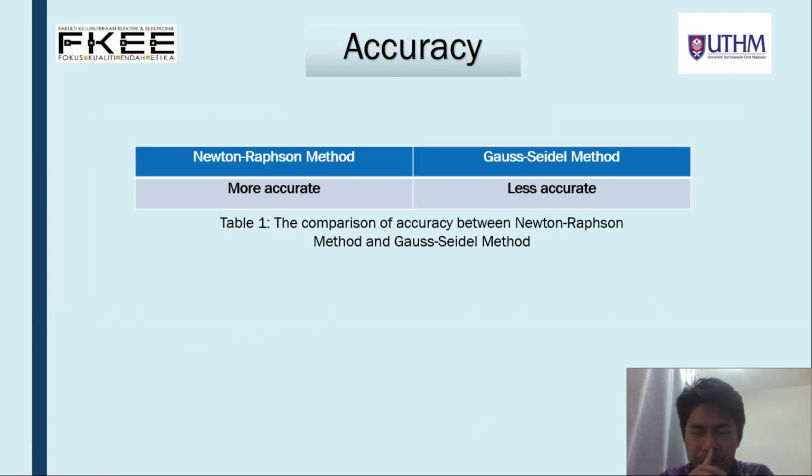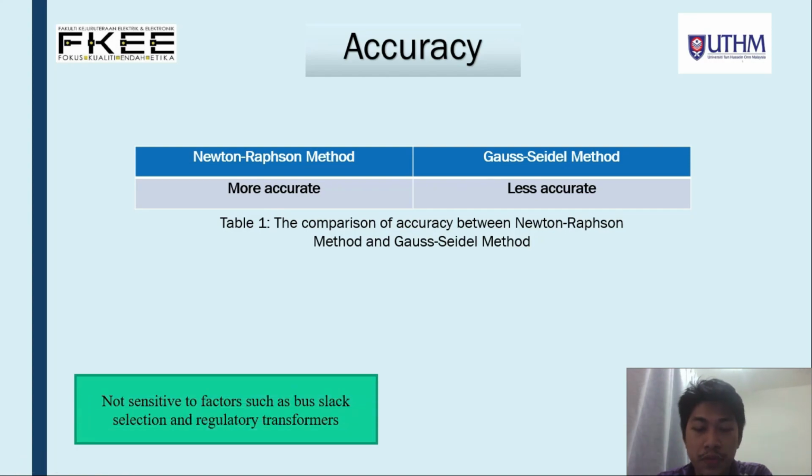Next, the accuracy. From the table, we can see that the Newton-Raphson method is more accurate than the Gauss-Seidel method, which is less accurate. This is because the Newton-Raphson method is not sensitive to factors such as bus selection and regulatory performance.